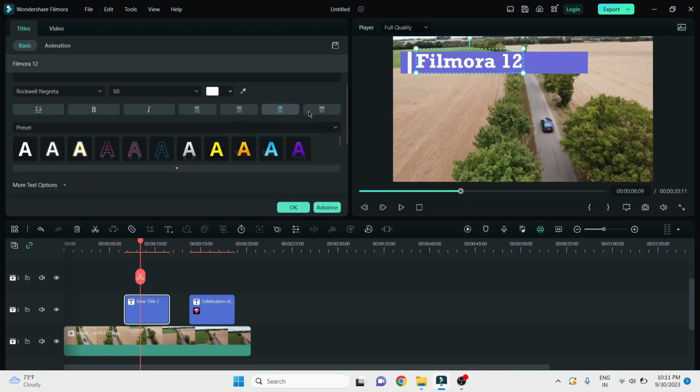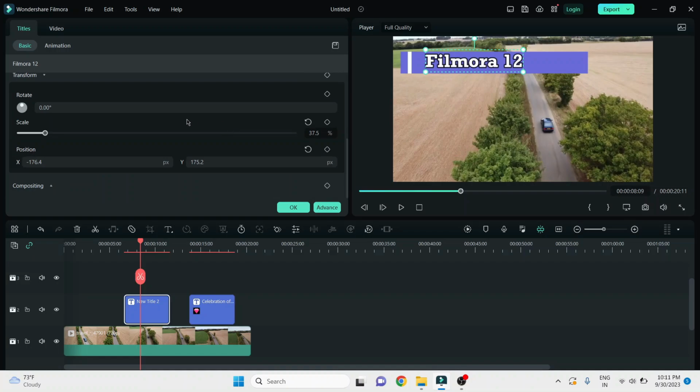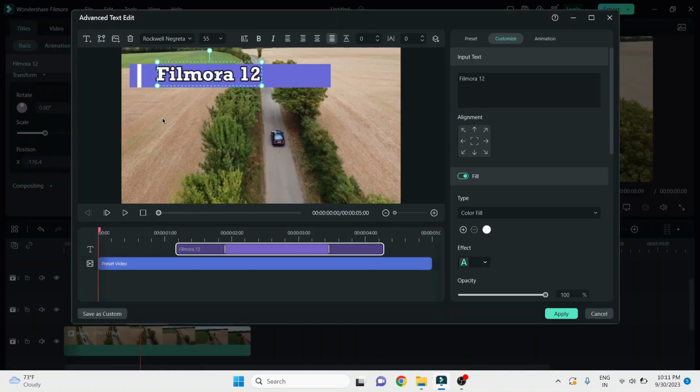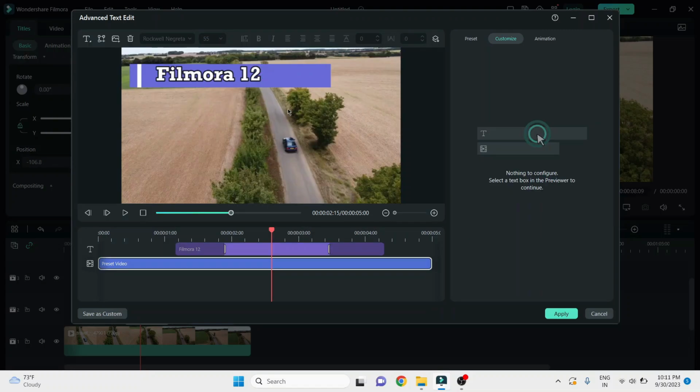Here it is alignment, and here you see guys, presets are there. If you click on it, the preset will be added to the text. Here you see many are there. You can test it, or if you want to go to the advanced, simply click on it. So in advanced guys, many things are there.